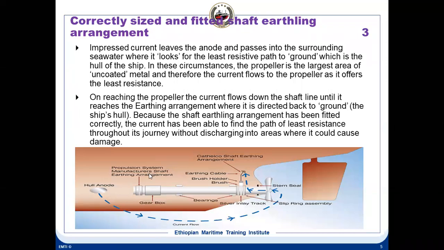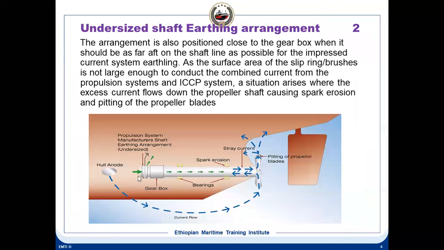There are two possibilities for this current to flow. One is, in case of the hull anode, the current can flow through the seawater and through the propeller, it can get into the propeller shaft. Also from the sacrificial anode the current can flow. In addition to this, the last one you have seen, there's this green arrow here.